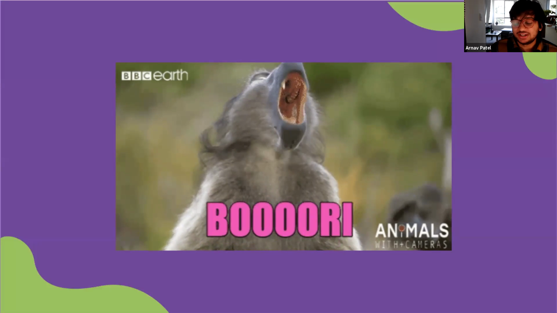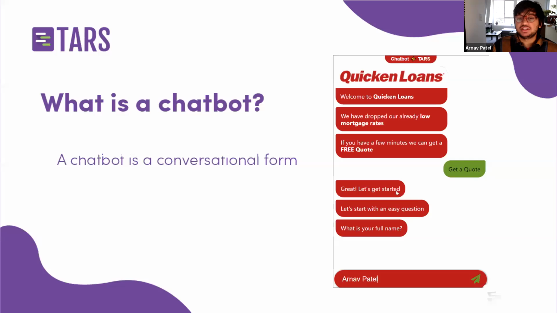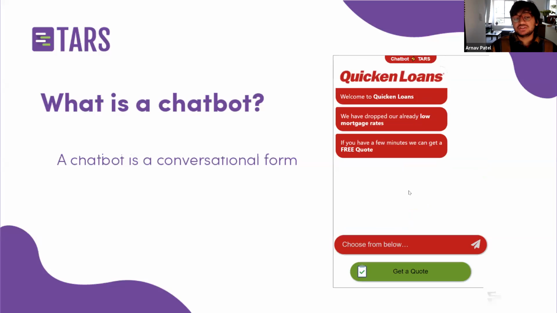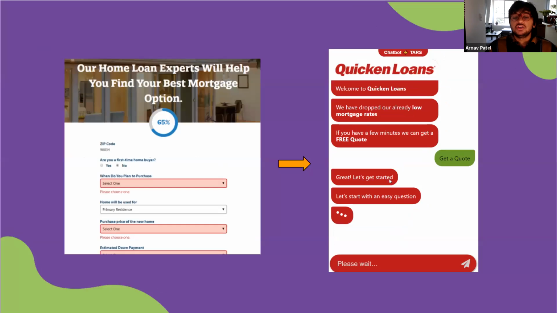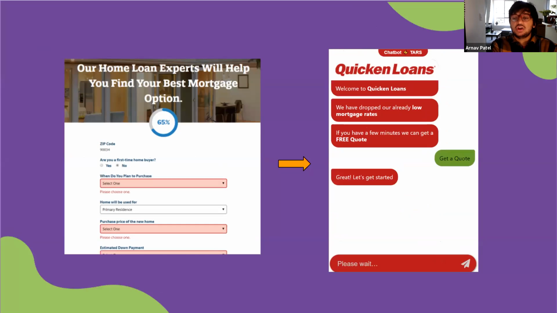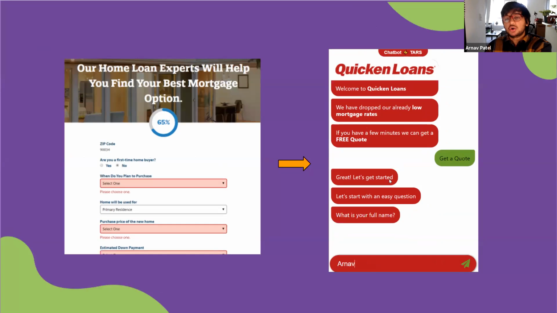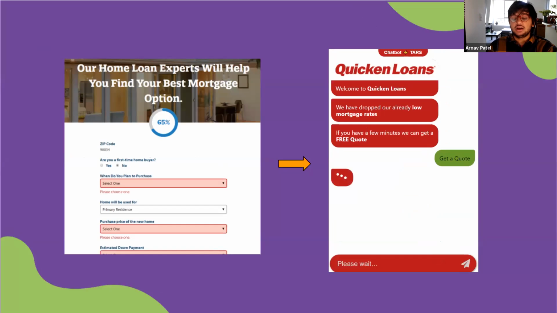It's not particularly innovative. So the definition that we like to use at TARS is that chatbots are basically conversational forms. And by that, what we mean is you can take a regular form that you have on your webpage, and you can take all of those fields and capture all of that exact same information through a chat interface using a chatbot. So over here, as you can see, the bot which I showed you earlier was actually created from a form